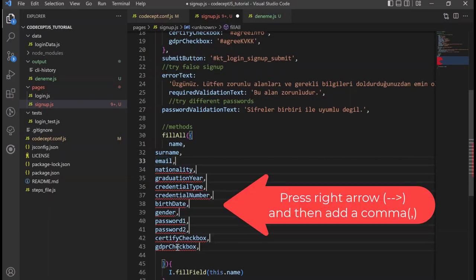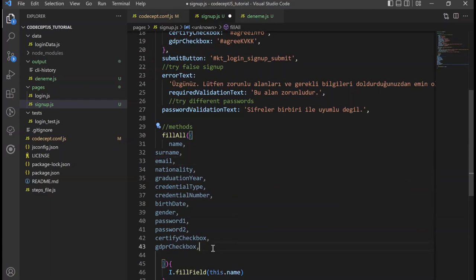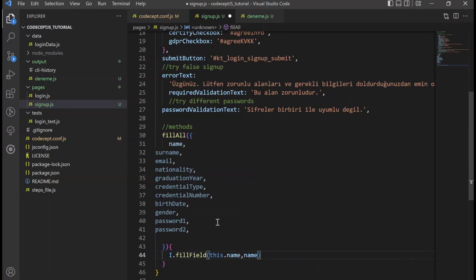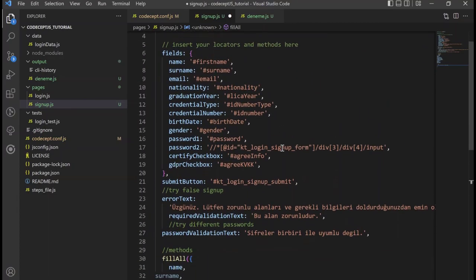And then press right arrow button and add a comma. This is a useful method for multi-selection. We don't need the last two parameters, so we can delete them. And now we are setting the parameters of our steps one by one. Watch and pause the video, then code yourself.